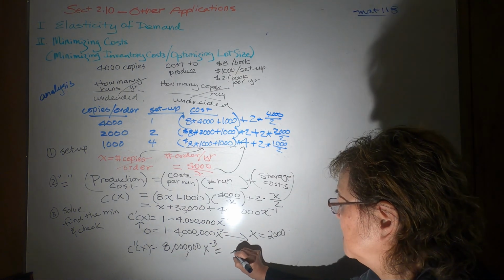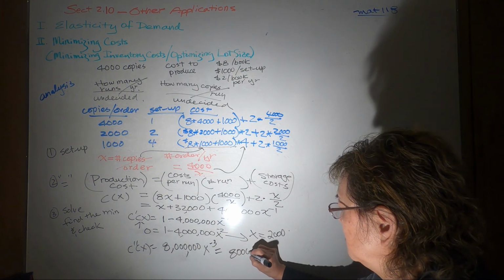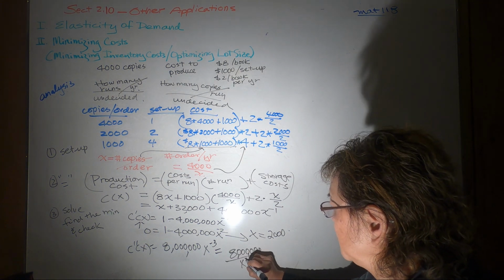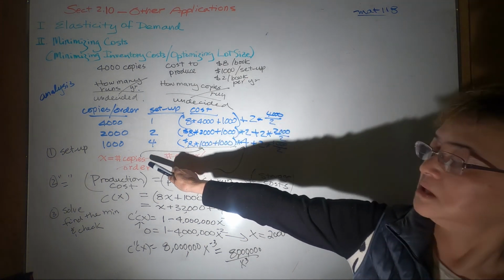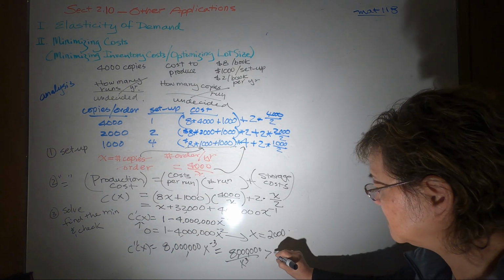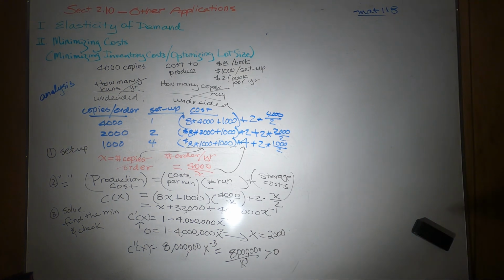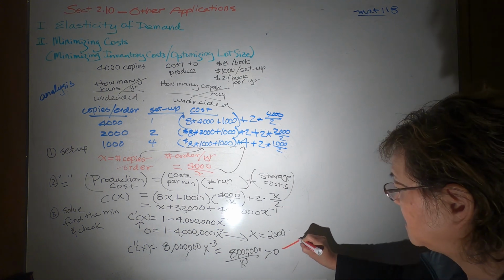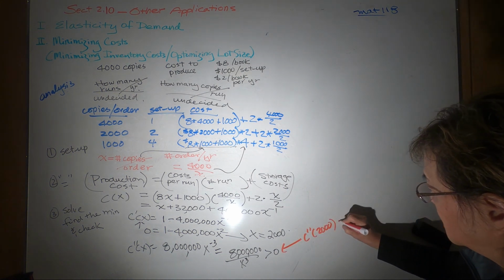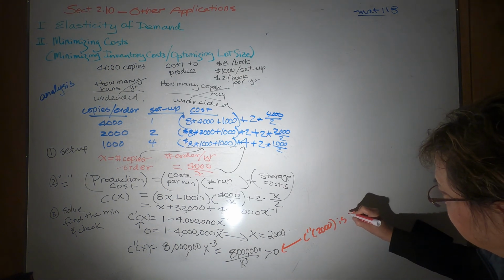So it's the same thing as a million over X cubed, because X is the number of copies per order, so it's positive. So this one is greater than 0. So it means X equal to 2,000 is the minimum,